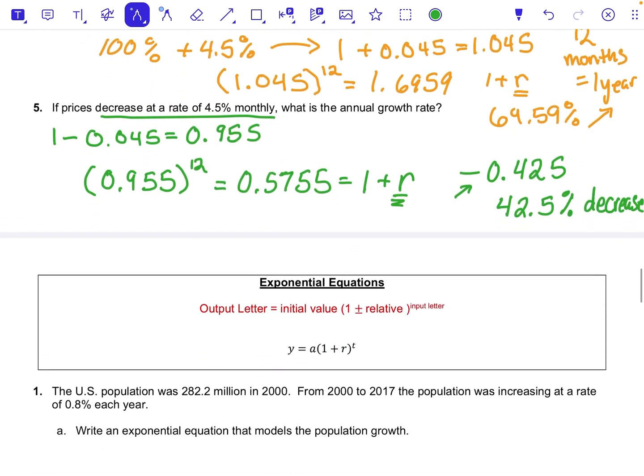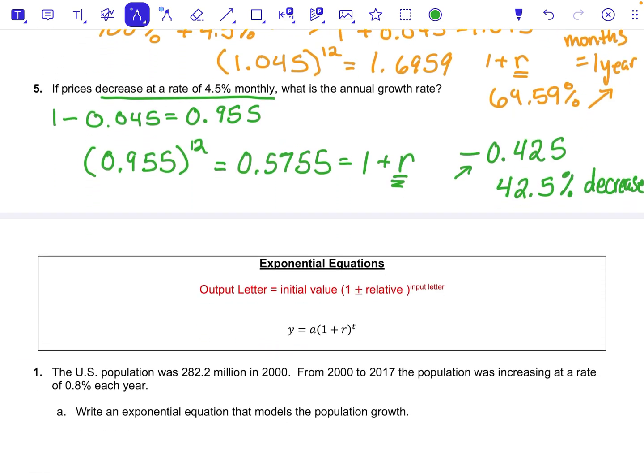And so you'll see here in this equation, right here in the parentheses, we have that 1 plus or minus the relative rate of change. And right there, that's our growth factor. That's how much we're multiplying by. It's getting bigger every year. And then this piece right here, that's our annual